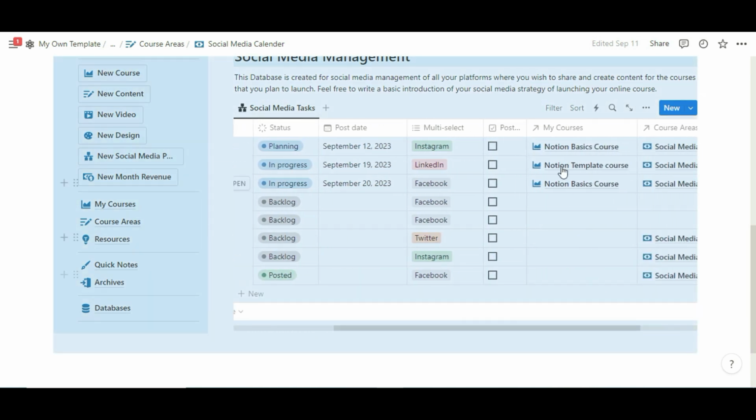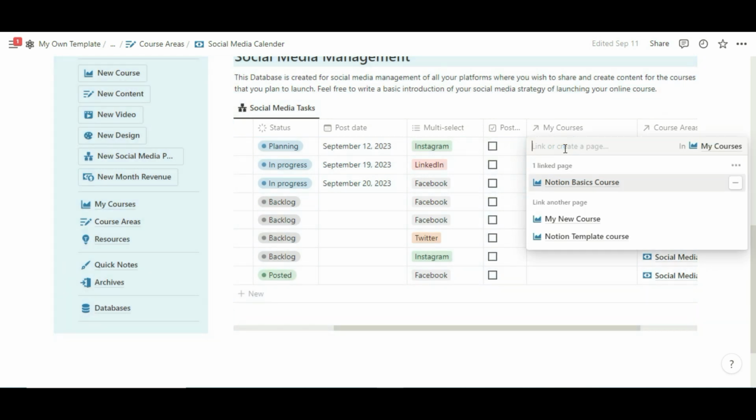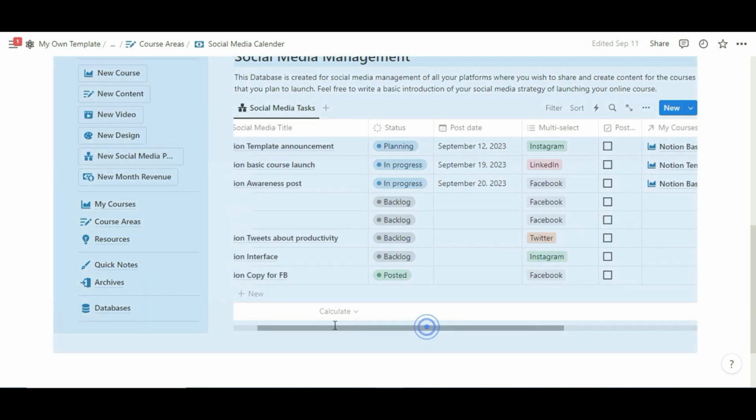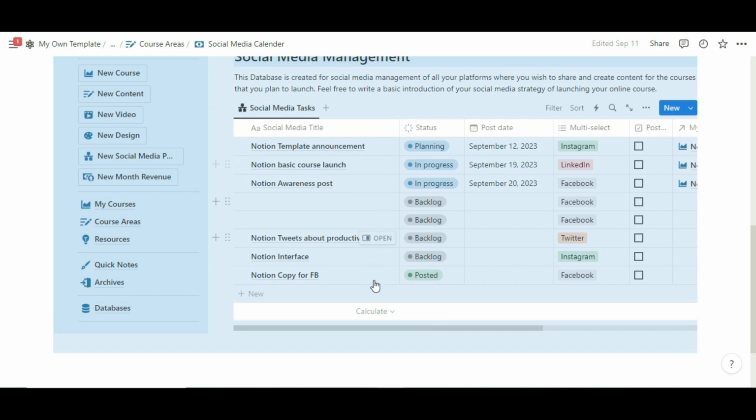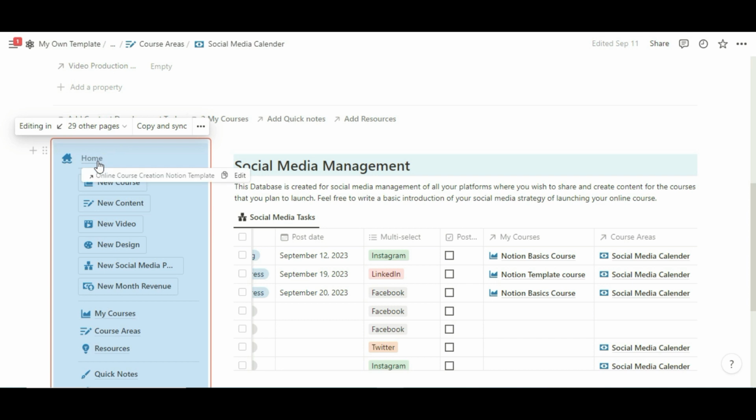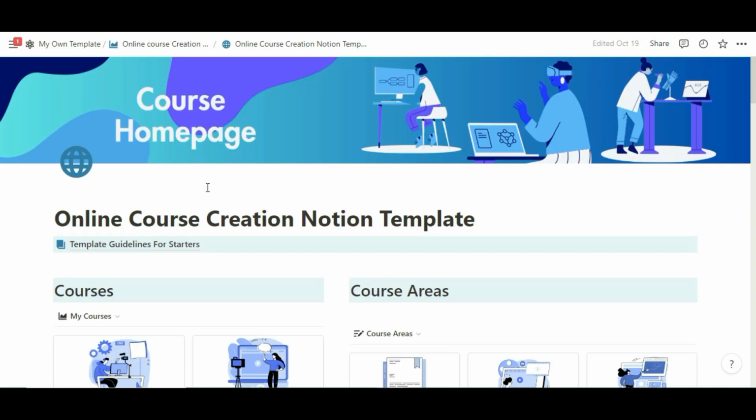Notice that I've also added a section of my courses because I'm very specific about posting my courses online. Sometimes I'm advertising my Notions basic course, other times I plan to advertise any other course. So I have made posts based on my courses. So this section is basically the My Courses database that is related to the database of social media tasks. Going back to the navigation panel,